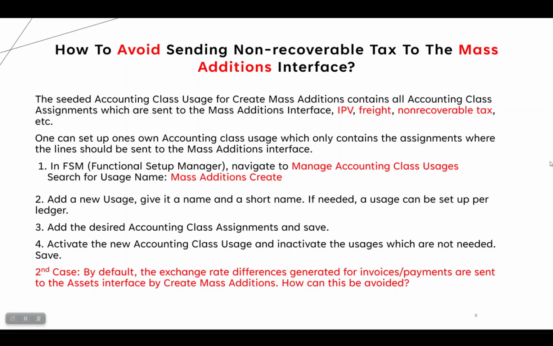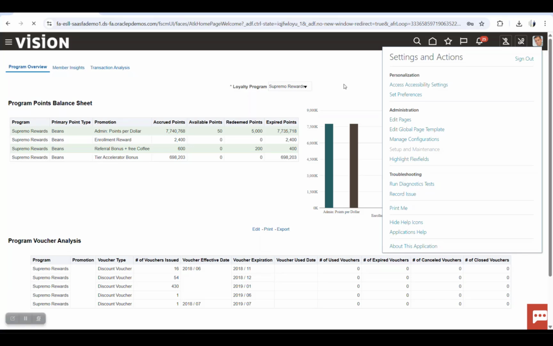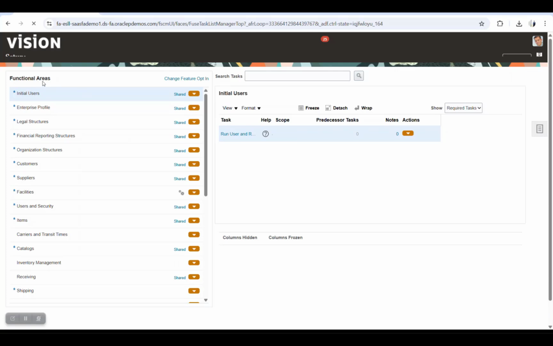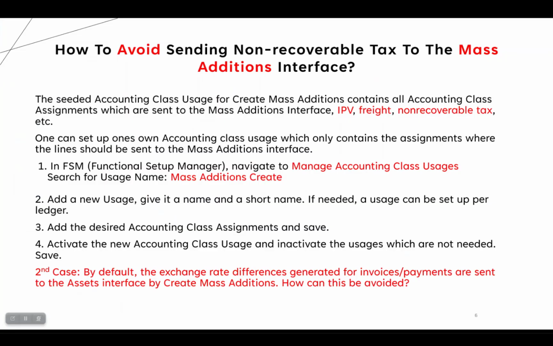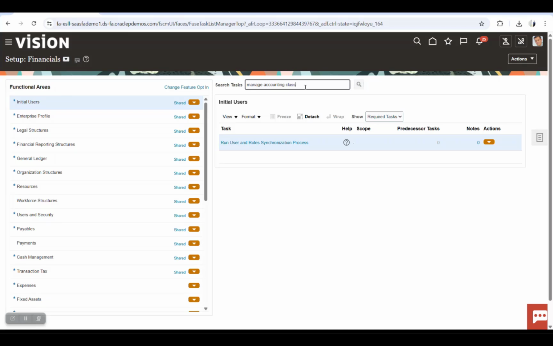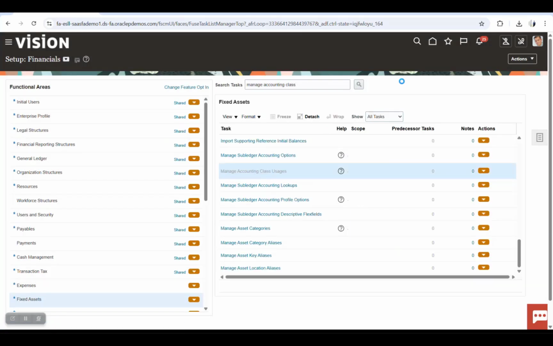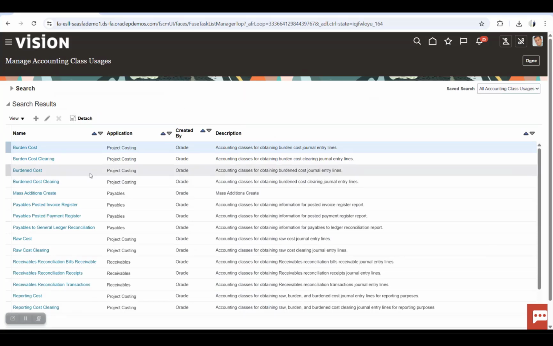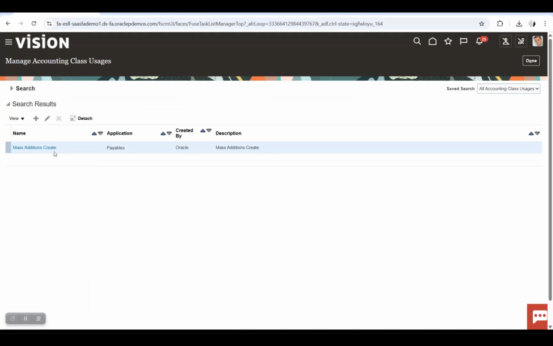For example, if you need me to navigate to show you, I'm navigating to setup and maintenance. Select financial and search for manage accounting class usage. For this, again, you can search for mass addition, mass addition create, just update